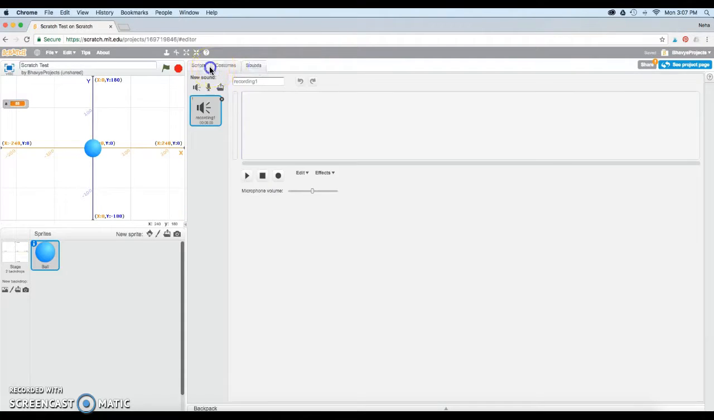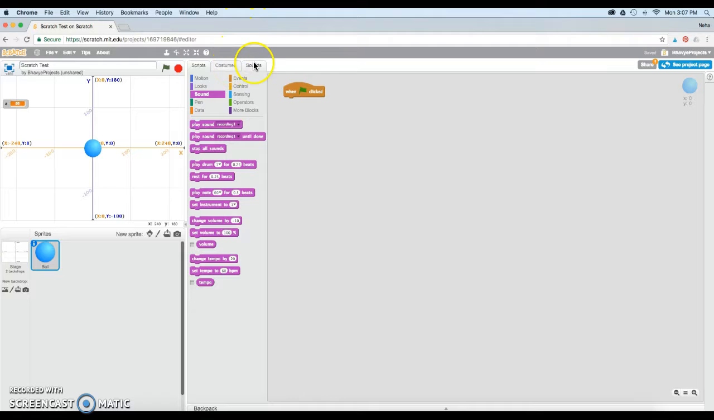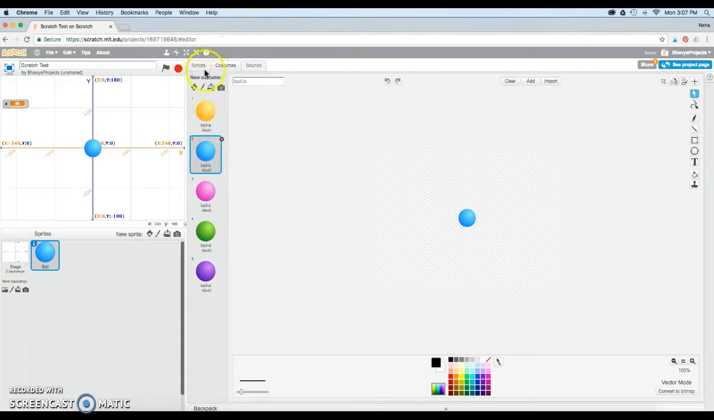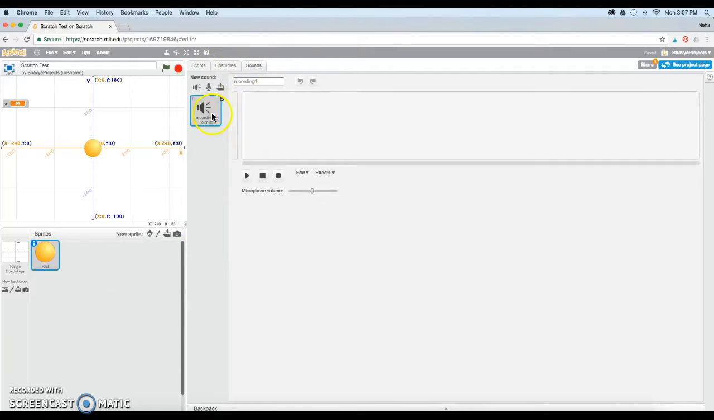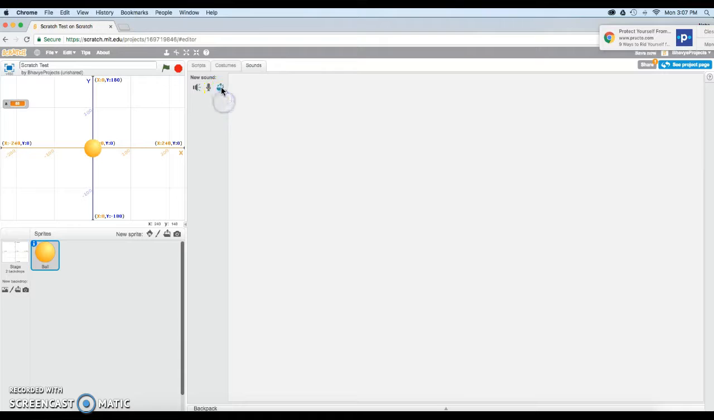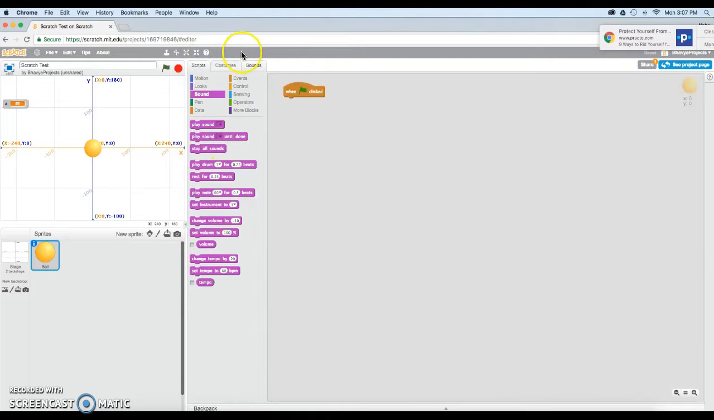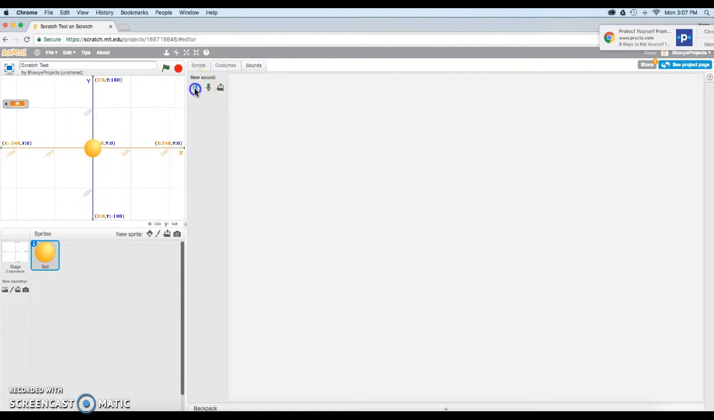Now, as you know, a sprite has 3 tabs. Scripts, where you do the programming. Costumes, where you can edit how the sprite looks, and sounds. And sounds are very important in a program as it gives life to, let's say, your story or your game. And you can upload your own sounds, you can record sounds, or you can choose a sound from the library of Scratch. But let's say I'm just gonna choose a sound,